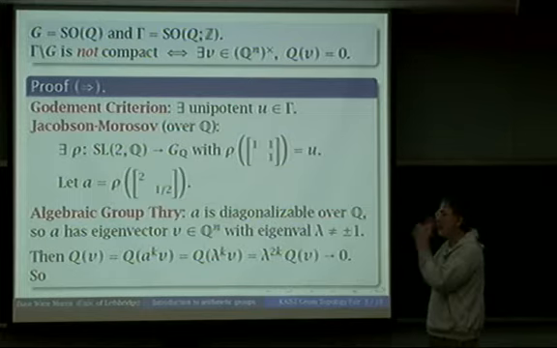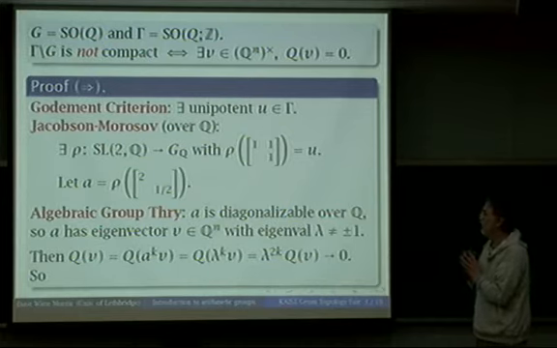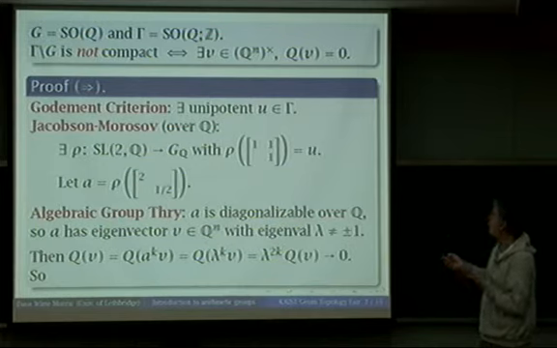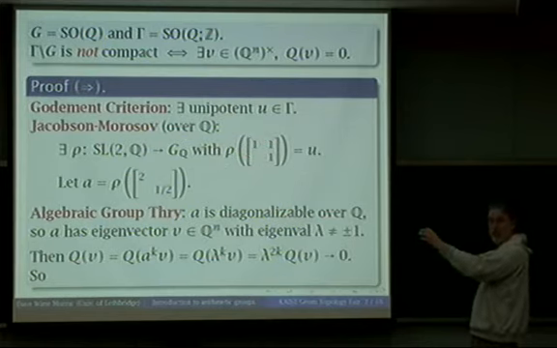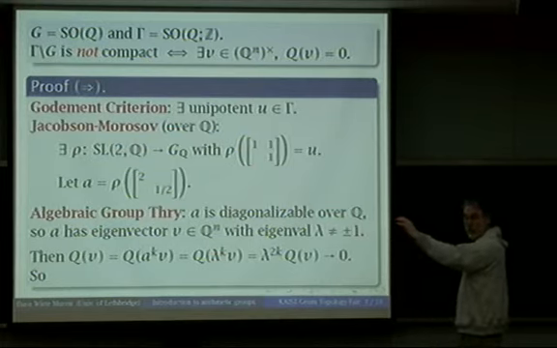Now, this is an amazing theorem. It's very powerful. That's part of why I wanted to give this proof, is that Jacobson-Morozov is something people use all the time. It's incredible. In particular, once you've got one unipotent matrix inside of G, it can't be the only one, because if you put a 0 up there and a 1 down at the bottom instead, that's also unipotent, so you get a completely different unipotent. If G has a single unipotent, then it's got a completely different unipotent, and plus it's got something else that